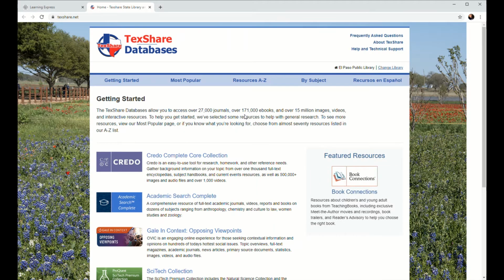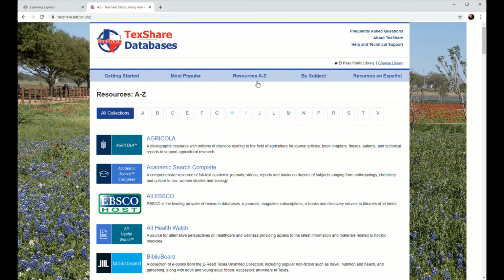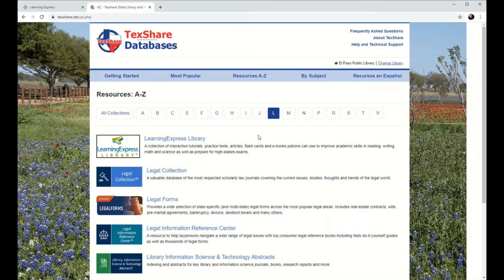The easiest way to go about finding the LearningExpress database is to click on this blue navigation bar up top that says Resources A to Z. Click on that link. And we're looking for LearningExpress, so we're going to click the letter L. And LearningExpress Library is our first result right here at the top. Go ahead and click that. Okay, so at this point,